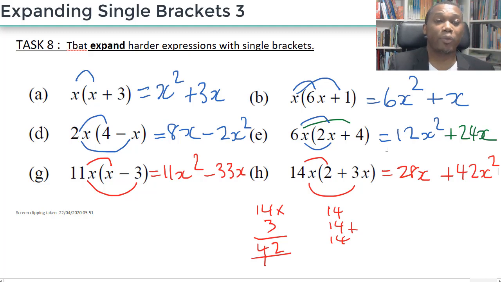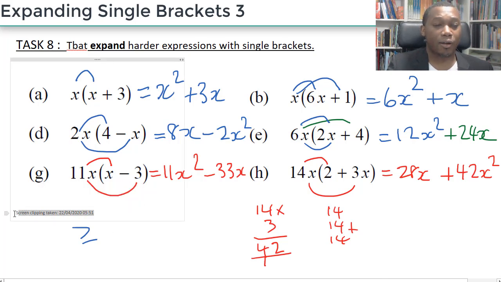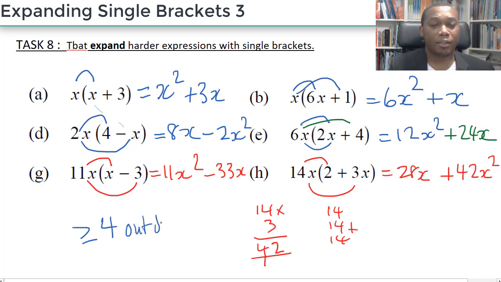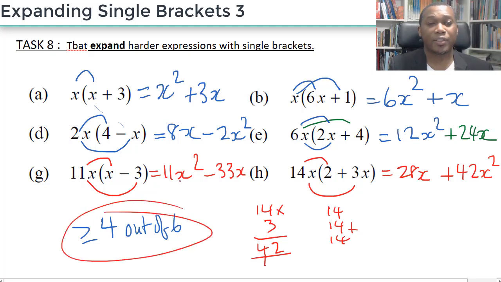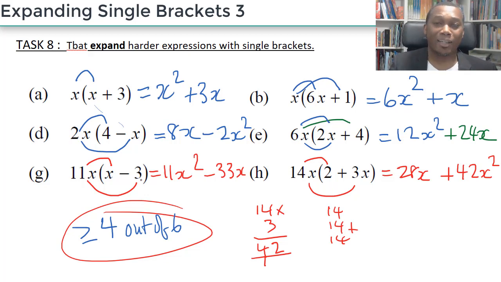And what are we going with? We want 4 or more. So if you have greater than or equal to 4 as your score, does that sound cool? Greater than or equal to 4 out of 6. If that's what you have, move on to task 9. You're going on to task 9. If you do not have greater than or equal to 4,